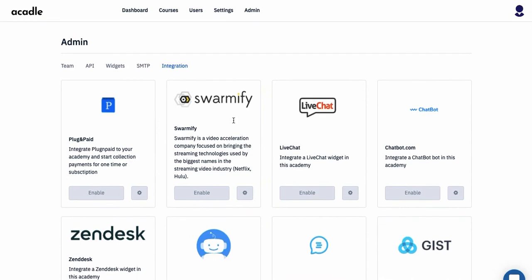For example, if you have Spayee and you're using YouTube videos, this will hide the YouTube related links from your videos. And this will also protect you from downloading the video. Then there is Plug and Paid, which will enable you to collect payments. This also enables you to get subscriptions for your academies. And it is very easy to even do the setup. You can find the tutorial in our